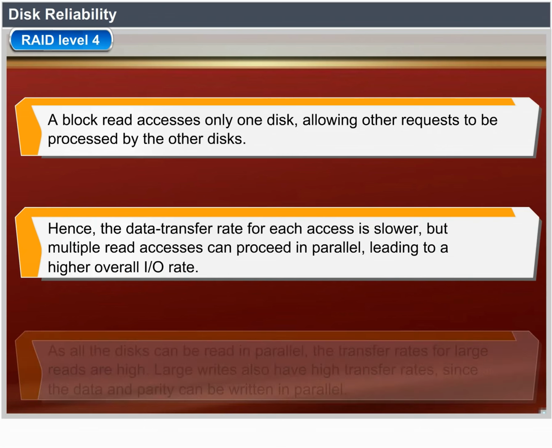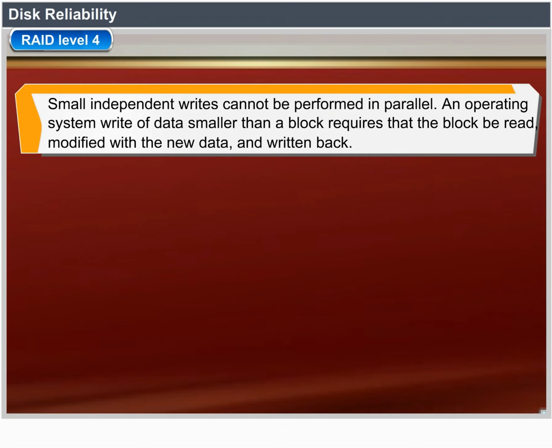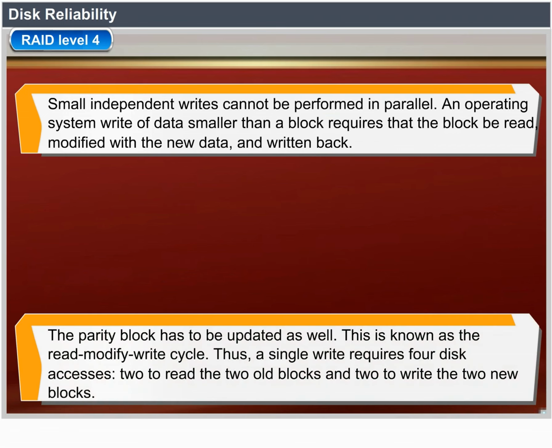The transfer rates for large reads are high since all the disks can be read in parallel. Large writes also have higher transfer rates since the data and parity can be written in parallel. Small independent writes cannot be performed in parallel. An operating system write of data smaller than a block requires that the block be read, modified with the new data, and written back. The parity block has to be updated as well. This is known as the read-modify-write cycle. Thus, a single write requires 4 disk accesses, 2 to read the 2 old blocks and 2 to write the